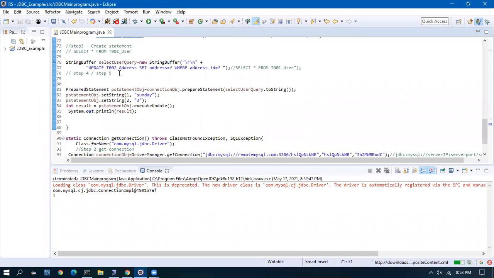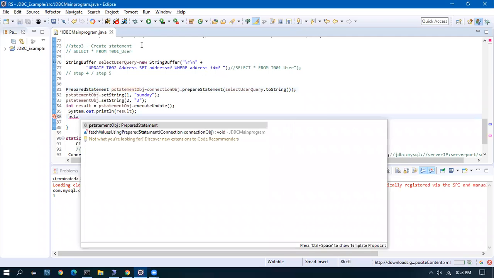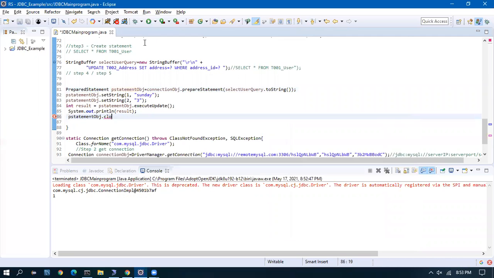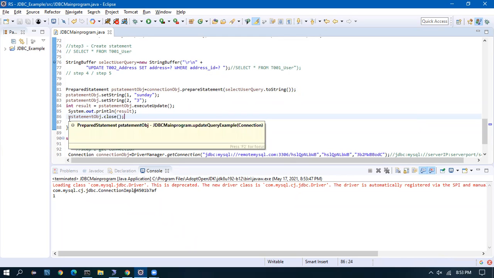I have opened the prepared statement. So after this, pstatement.close. I have to call this. I have to close the statement, not the connection. So that is the best way of coding.